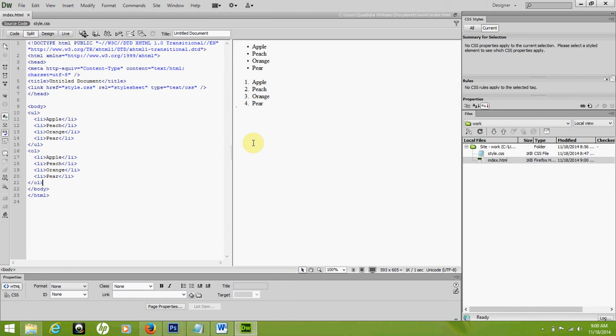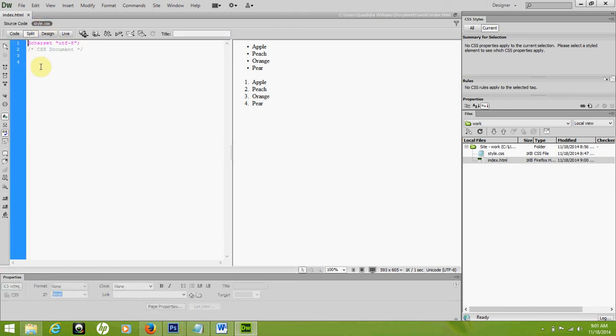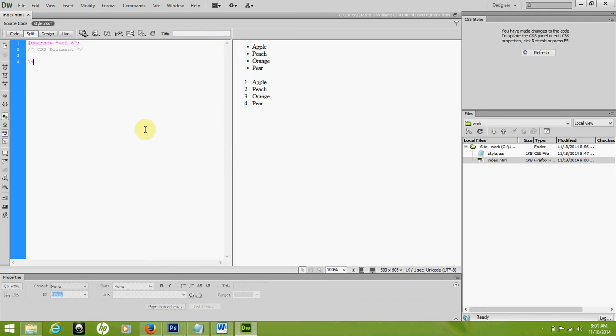Well, how do we style a list? Remember, we worked on putting styles in before. Remember that this list consists of text. And when we're dealing with text, we're going to use the style called color. So I'm going to click over here on our CSS. And I'm going to come over here and type LI, my opening bracket,